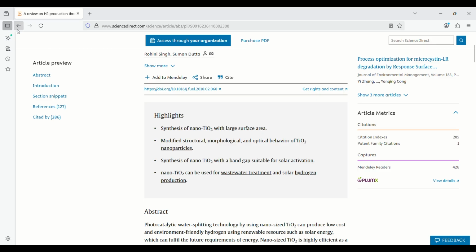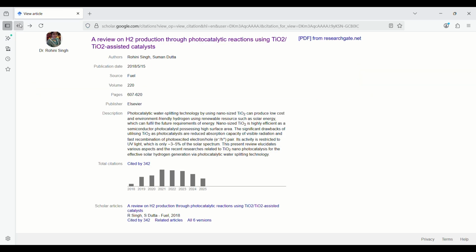Now let's see the further aspects. This bar graph will tell you how the citations for this particular article are progressing. If you come to this tab, cited by, you will get the information on who has cited your research.